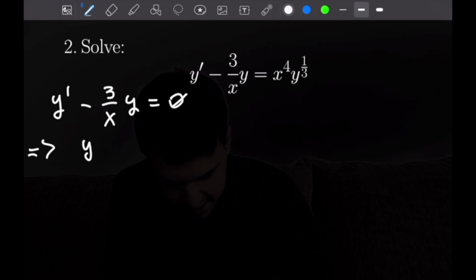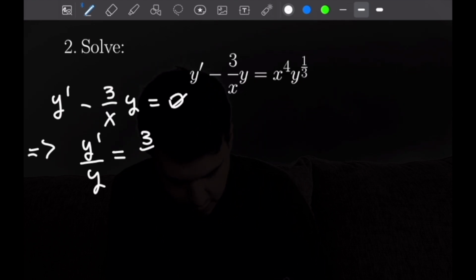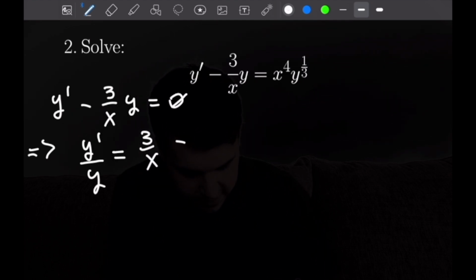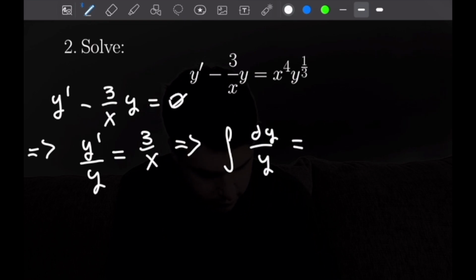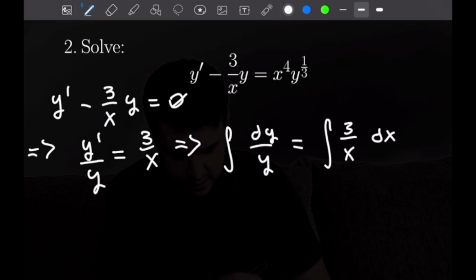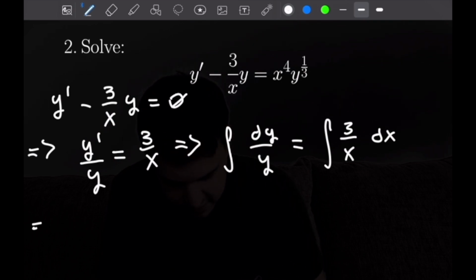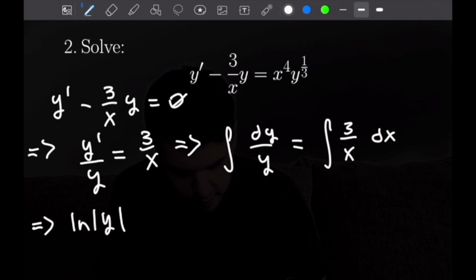We'll get that y prime over y is equal to 3 over x, which means we can equate the following antiderivatives. We will have the antiderivative of dy over y is equal to the antiderivative of 3 over x dx. And evaluating those antiderivatives is rather simple. We will get, for the left-hand side, the natural log of the absolute value of y, and